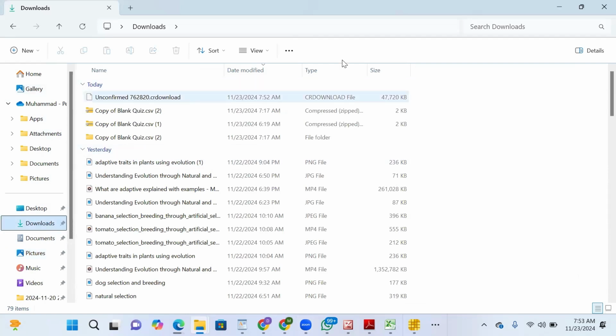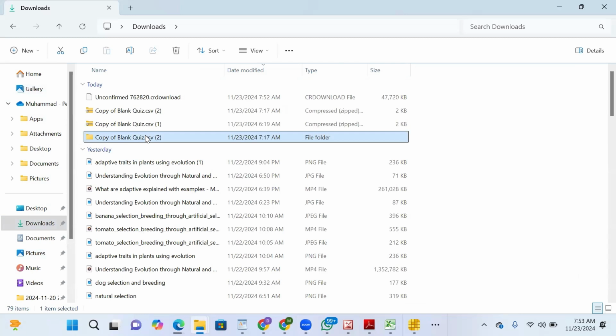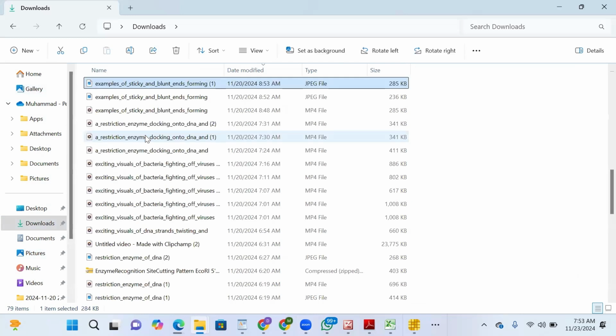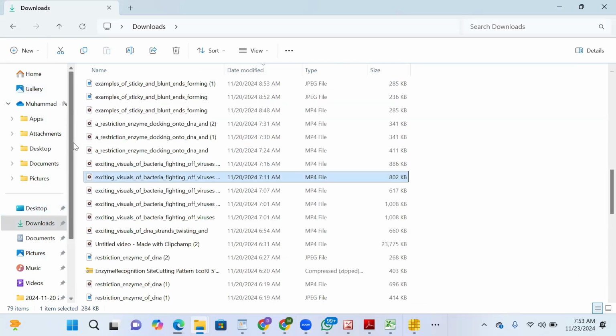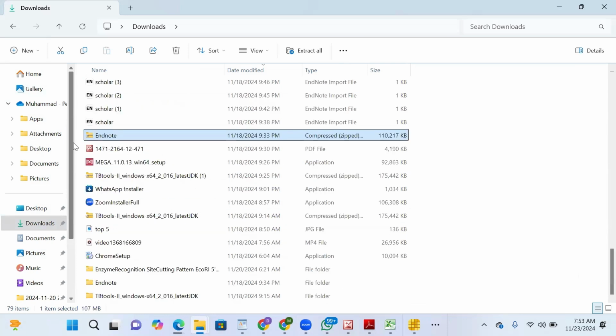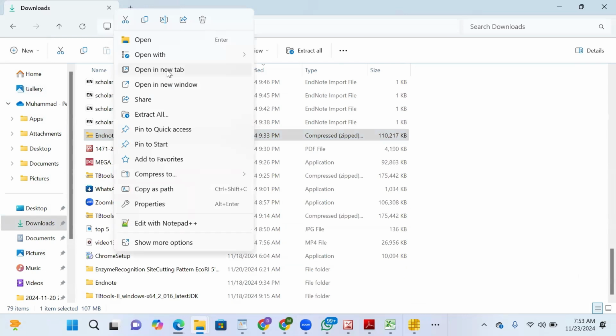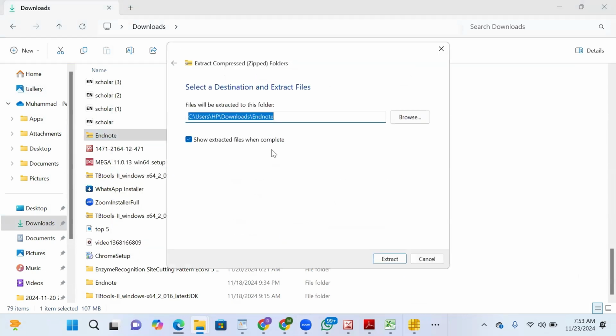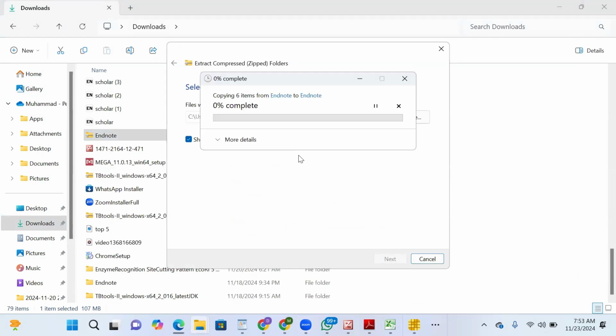EndNote allows users to import references from various online databases like PubMed, Scopus, Google Scholar, or specialized genomic repositories such as NCBI or Ensembl. You can import references directly from these sources into your EndNote library, saving time compared to manual entry. Additionally, you can attach full-text PDFs, notes, and tags to references, allowing you to store all related materials